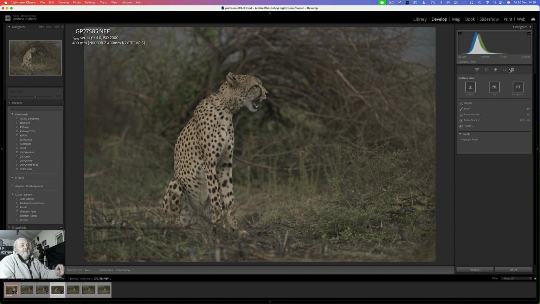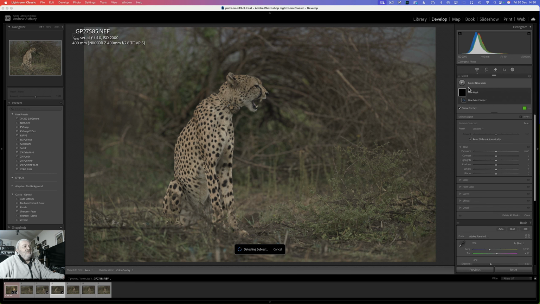No. Because the amount of denoise that you put on the image, it's quite easy to put too much on. Okay, so I'm going to, let's go select subject first and